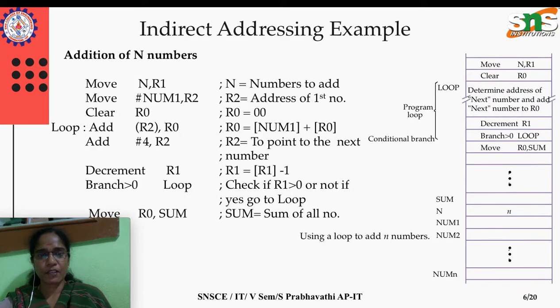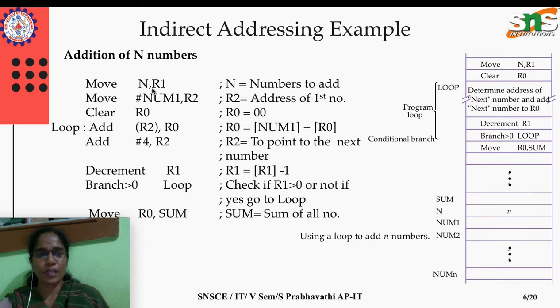And with that we will see one simple example of using the indirect addressing mode, which we have seen already. This diagram we have seen already. This is all about addition of n numbers. Suppose I have n as 3, so here 10, 20, 30, all these numbers have to be added and we have to get the result. For this we have seen this program, and in detail how it is implemented, line by line steps are given here.